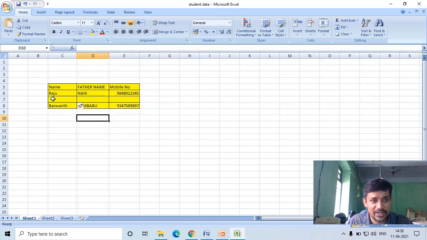Observe, this empty row is newly inserted. This is the newly inserted column. After inserting the row, enter the data.